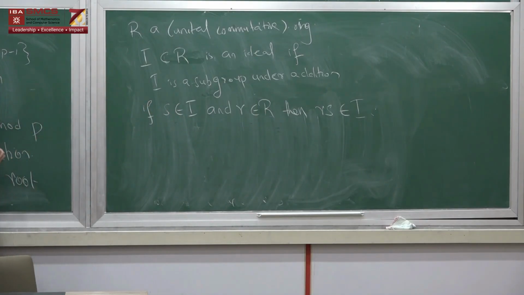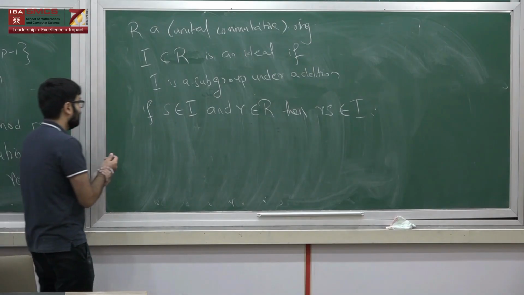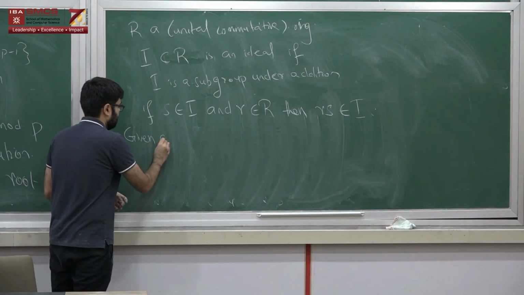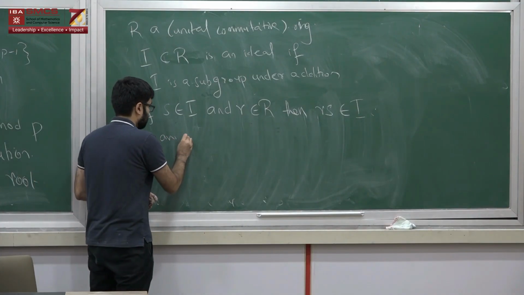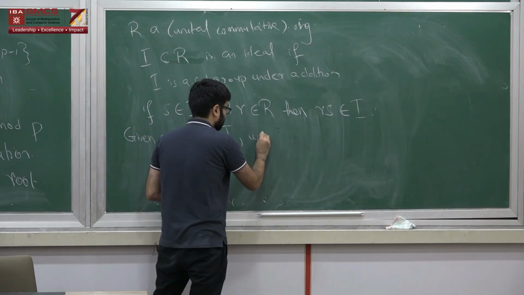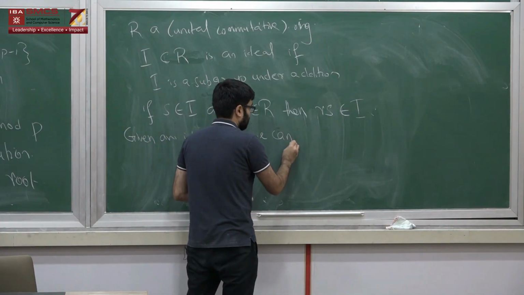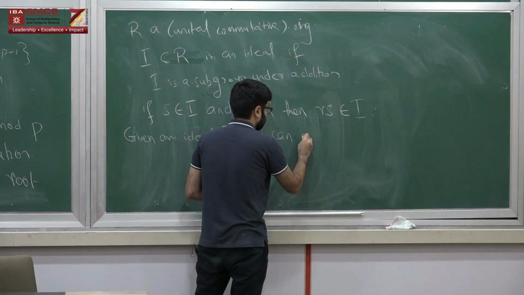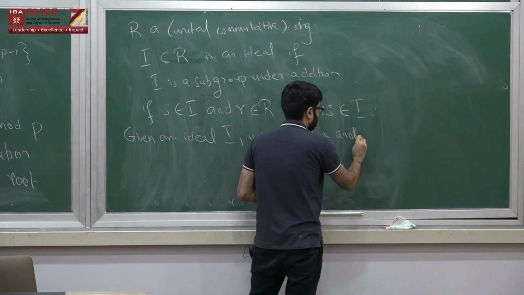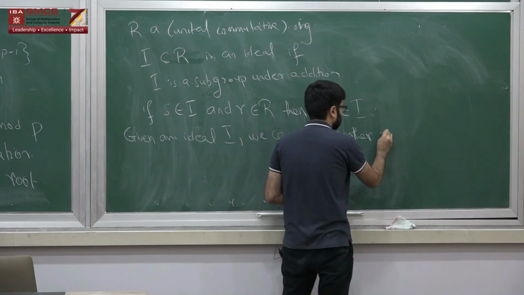And the reason we want this is, so given an ideal I, we can define another ring